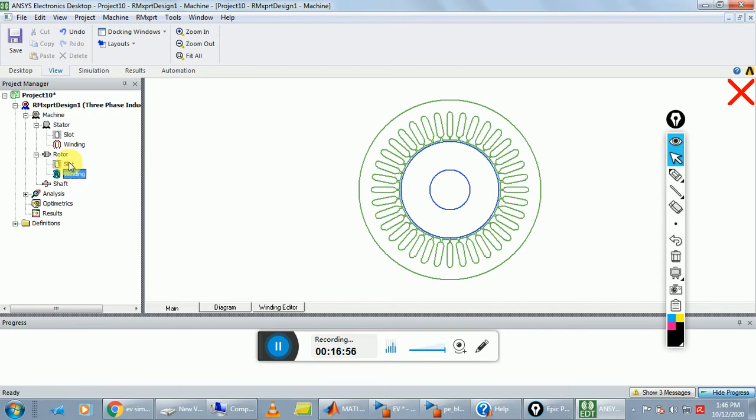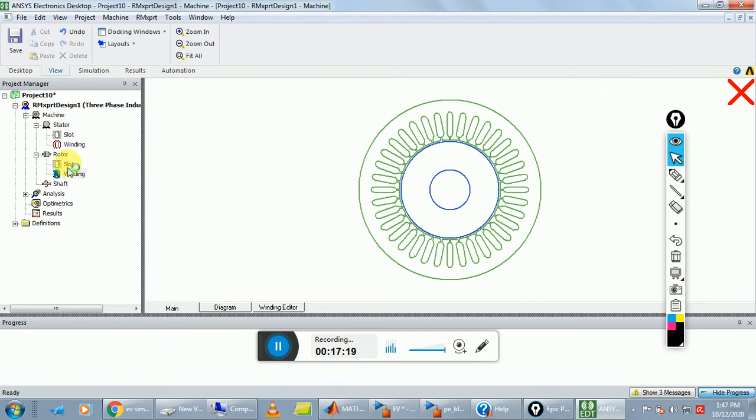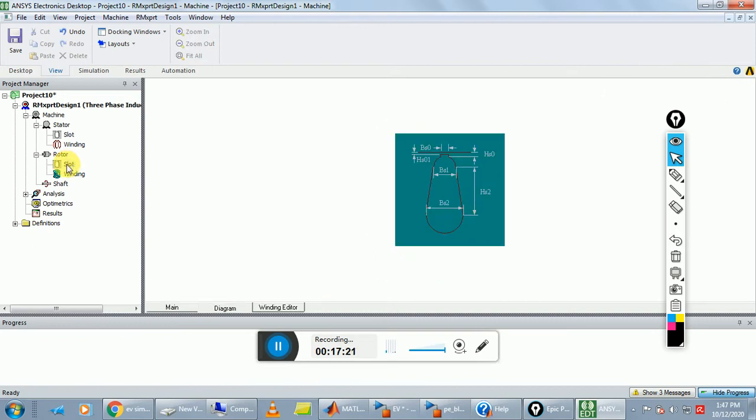Next step is we fill the windings in our rotor body. Again go to project manager and explore rotor, and double click on windings. First we create a rotor slot.